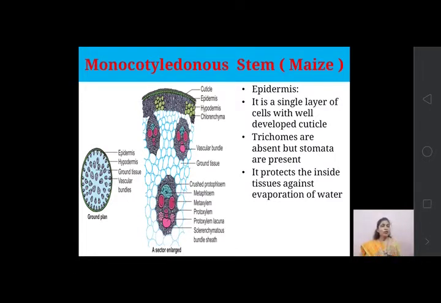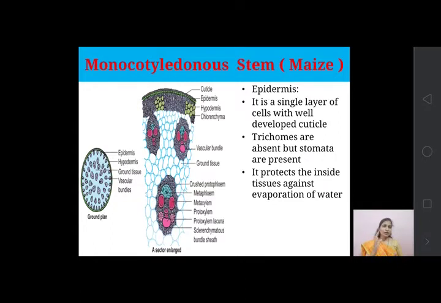So along with the epidermis, there is again a protective covering, that is known as the cuticle. A wax-like material, known as cutin, is secreted or deposited on the wall of the epidermis, and this layer covers the whole epidermis. With the help of this layer, the epidermis protects the internal tissues of the stem.